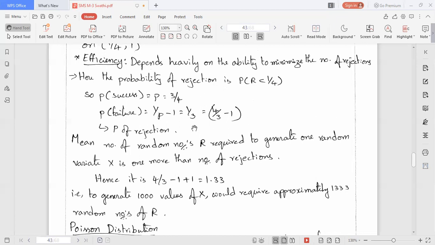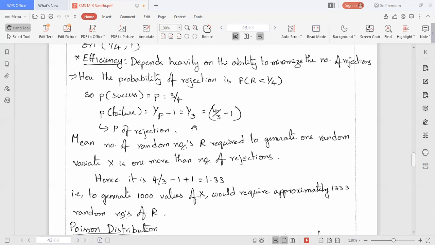The mean number of random numbers required to generate one random variate X is one more than the number of rejections. Here the rejection is 4/3 minus 1.